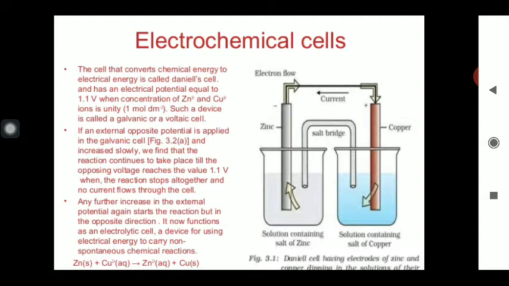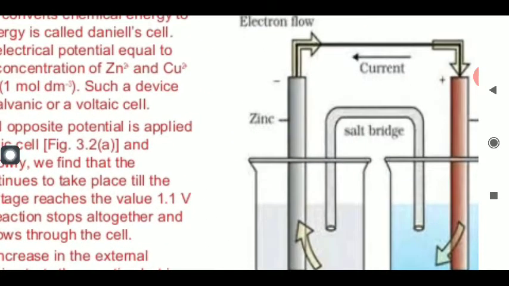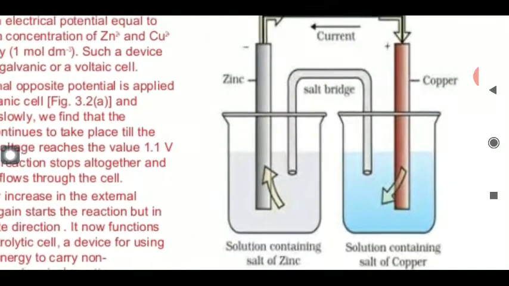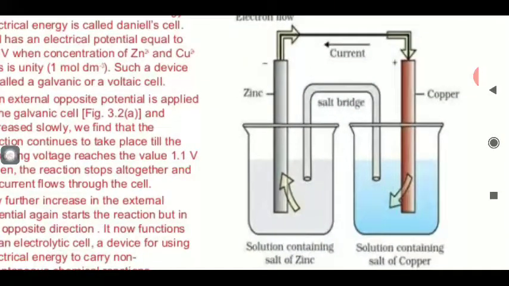Is it clear? You know, the reactivity of zinc is more than copper. So zinc is the stronger metal, and it has more tendency to lose electrons. So what happens in this beaker? Particularly in this beaker, what will happen? First of all, the zinc atoms coming from this electrode undergo oxidation. The zinc loses electrons from this electrode and liberates them.